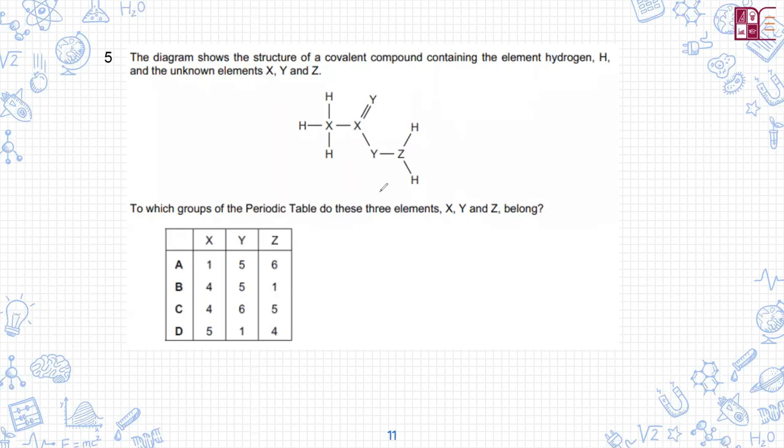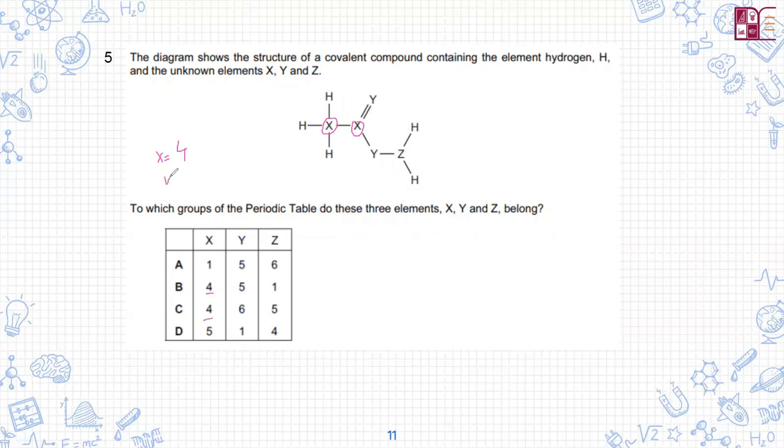How can we figure that out? We can figure this out if we know how many pairs are being shared. X is sharing 4 pairs, 1, 2, 3, 4. Over here also X is sharing 4 pairs, 1, 2, 3, 4. That means X has 4 valence electrons in its outermost shell. So X has to be in group 4